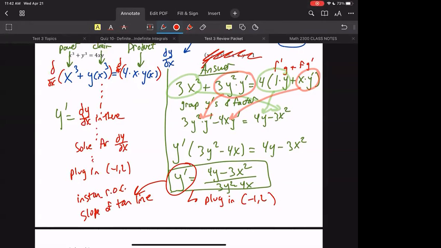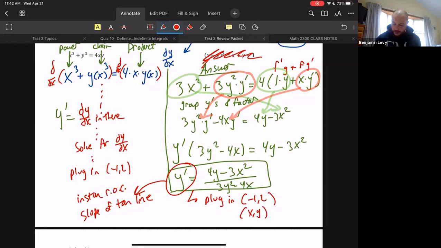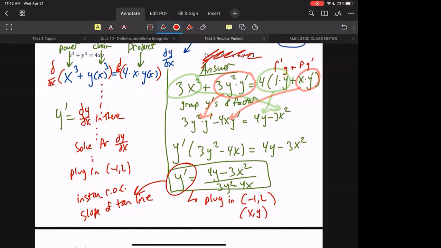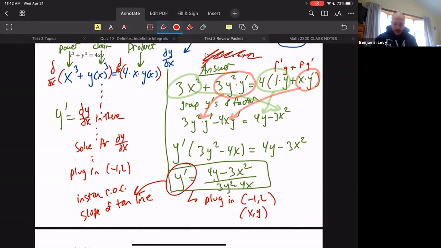It might be very basic, but would just the -1 be plugged into the x and the 2 be plugged into the y when we're plugging in these points? Yes. And we don't have to do it separately. We could just put it all into the equation, and that's what we get. Right. Perfect. These solutions are all up there too, so we don't have to do that kind of stuff. You can look at that later.